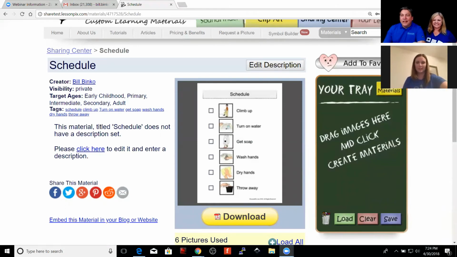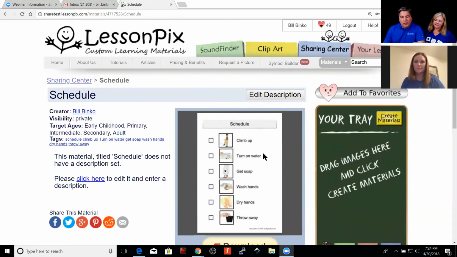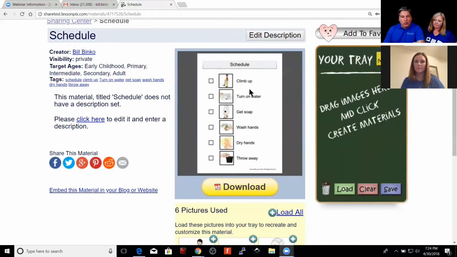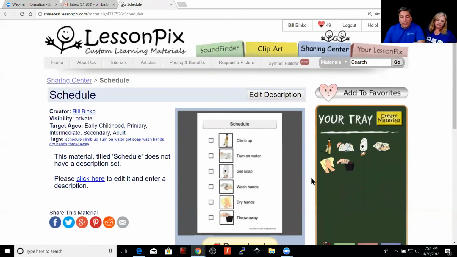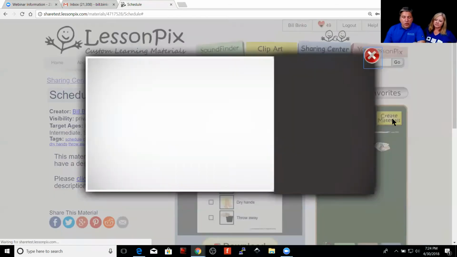Yes, absolutely. All right. So I shared my screen, and you'll see that my tray is empty, and I'm looking at just a basic schedule here that I found in the sharing center. This is step up, turn on the water, get soap, wash hands, dry hands, and throw away the towel. This is something you might want to translate to Chinese or any other language, right? So I'm going to load my tray, and if I hit yes, create,